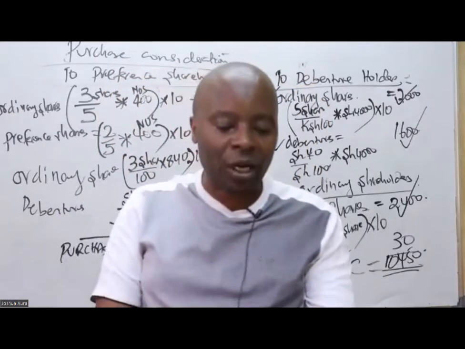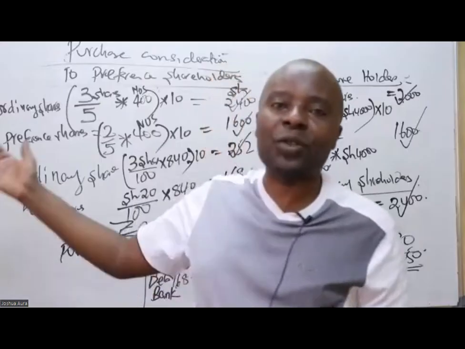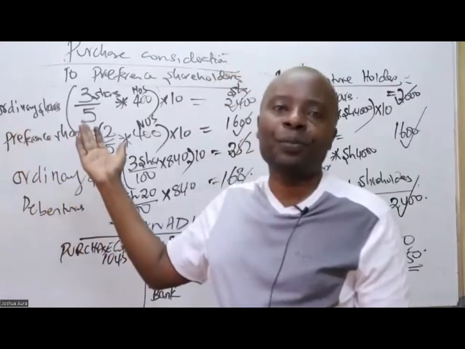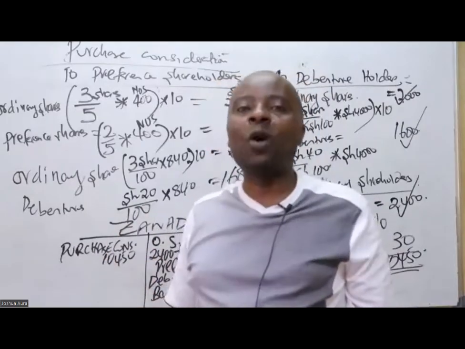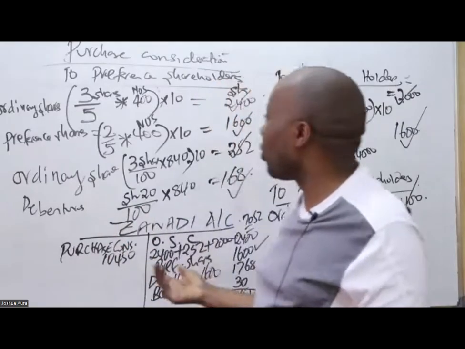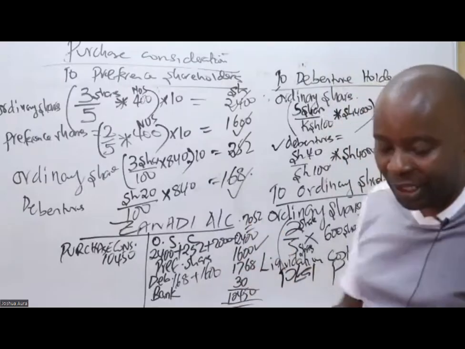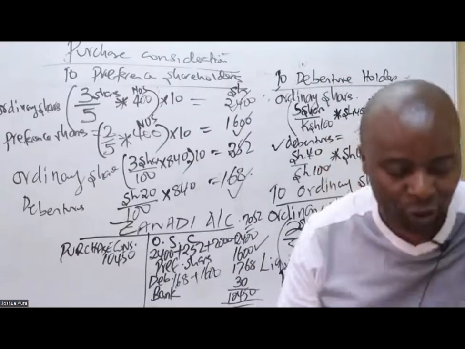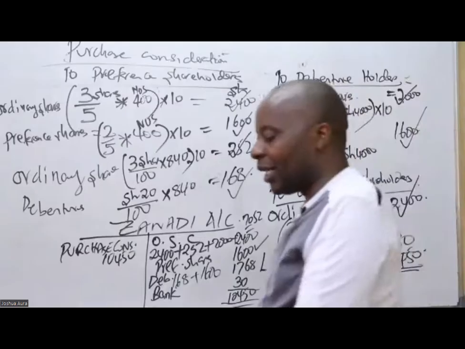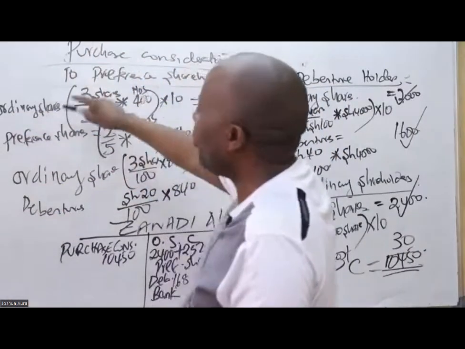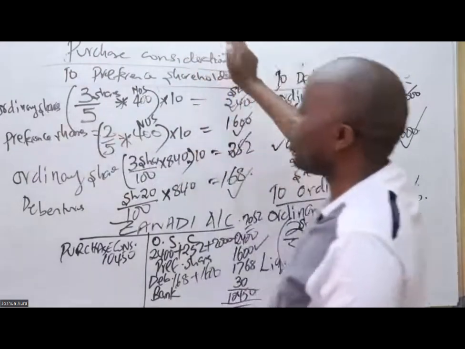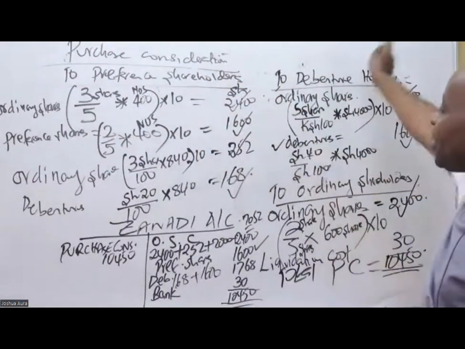So from there now we close the members' accounts. Because now the owners' accounts, these guys are no longer going to be owners. Now we need to close them up. How I wish I had a big board, but I'm going to work with what I have. So we start in this case here with ordinary members account. We must close the ordinary members account. We close preference shareholders account. We close the debentures account.